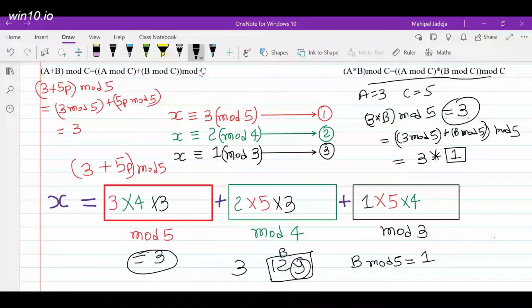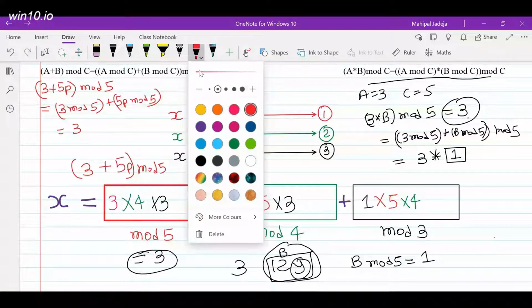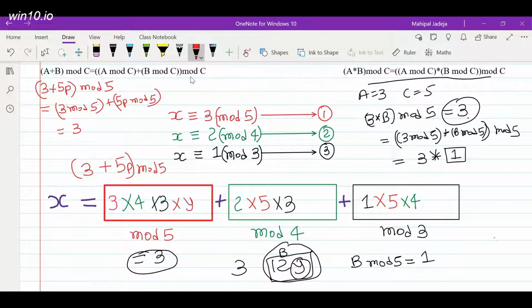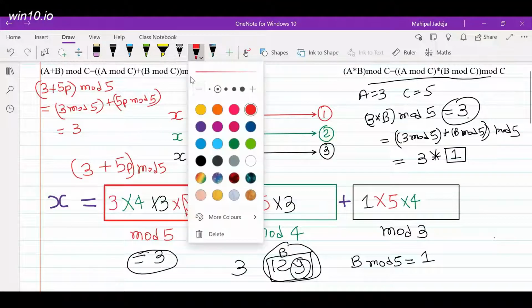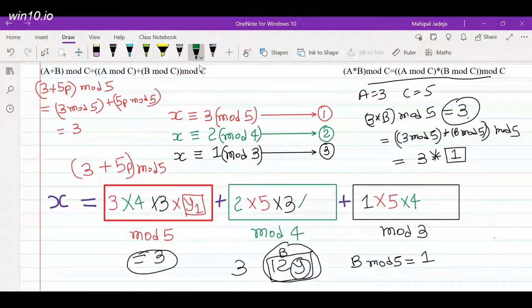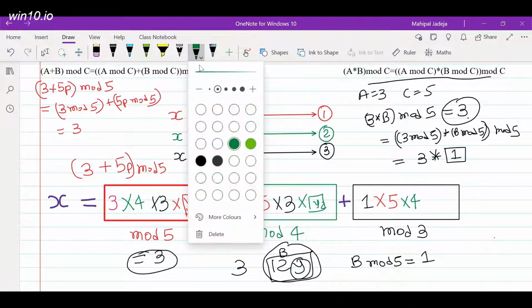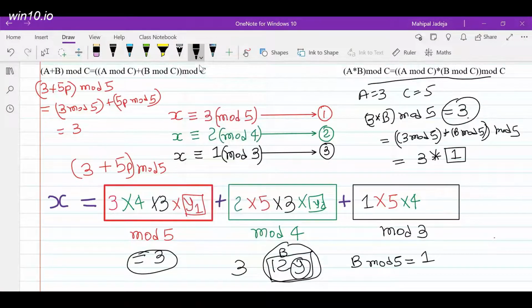Okay, so now let's continue. My entire focus is on generation of b, right? If I can find such a y and substitute its value, then I am done, because I will just multiply whatever my existing solution is with this y. Let's say this is the first number, so I am interested in the y1 value. Similarly, I will find y2 with respect to this, and y3 with respect to the last rectangle box, and then this new x will be my final solution. So now let's see how to find out y.